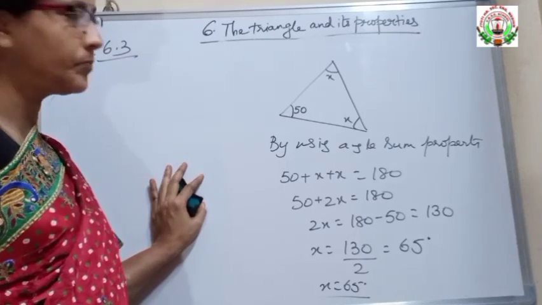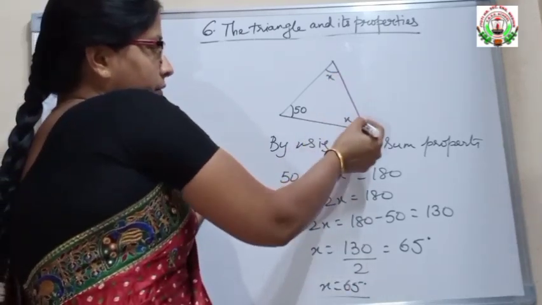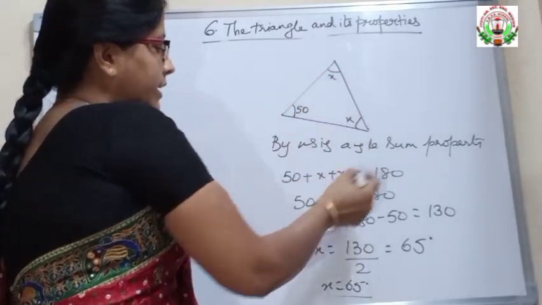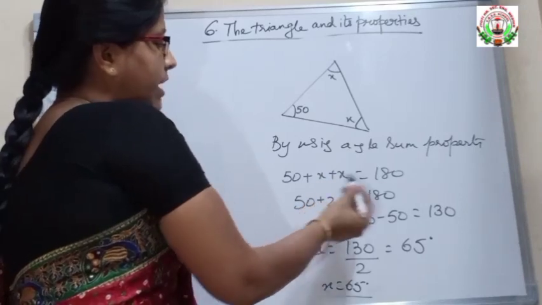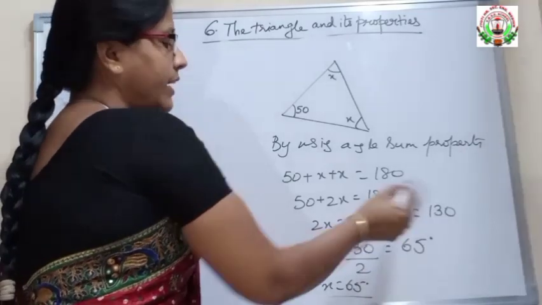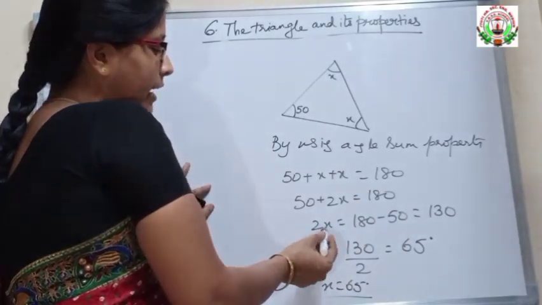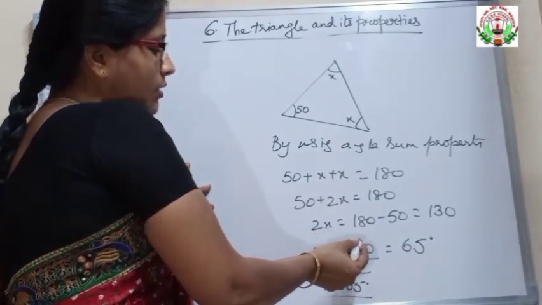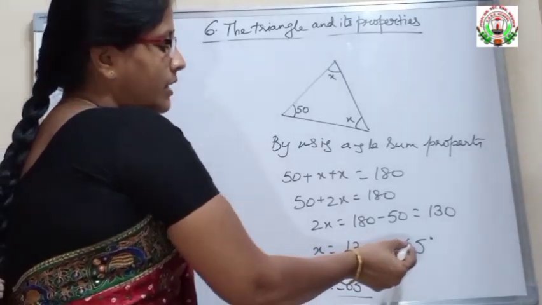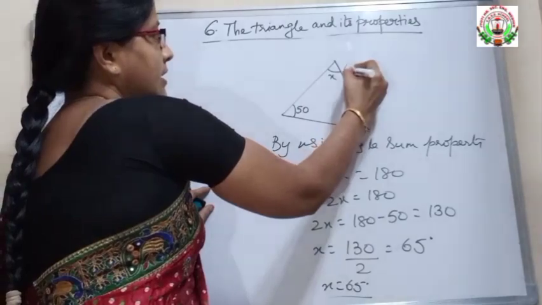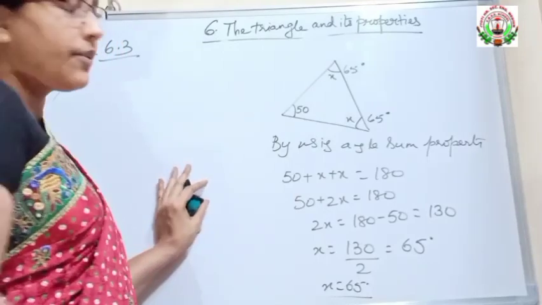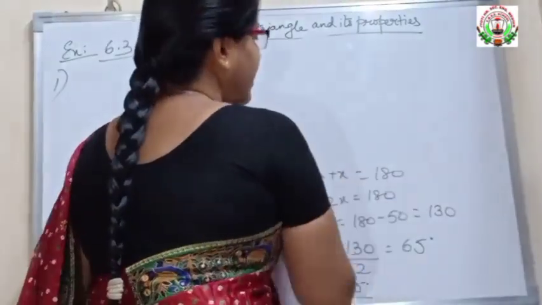This is your answer. Here 2 unknown angles are given. Then also by using angle sum property, x plus x plus 50 is 180, x plus x is 2x, and I have transferred this 50 to the right hand side. So 2x is 180 minus 50, it is 130. So 2 into x, we have to find x first. So x is equal to 130 divided by 2. So 2 1s are 2, 2 6s are 12 and 1 is remaining, so 65. So x is 65, means this is also 65 degrees, this is also 65 degrees. And this is your acute angle triangle.